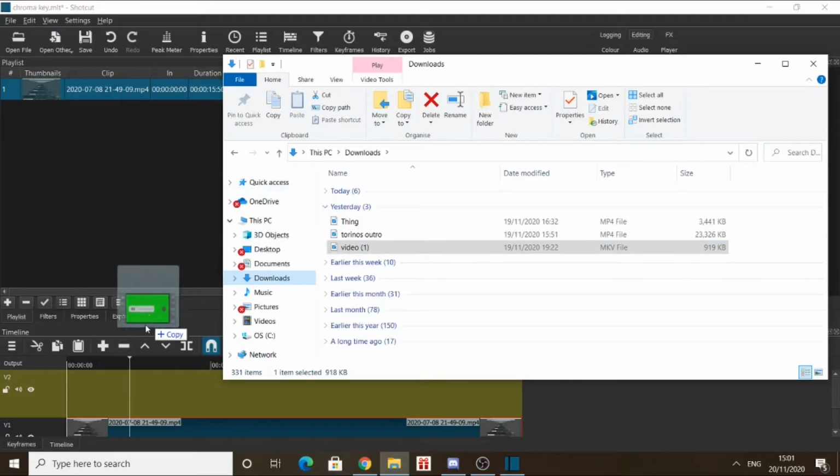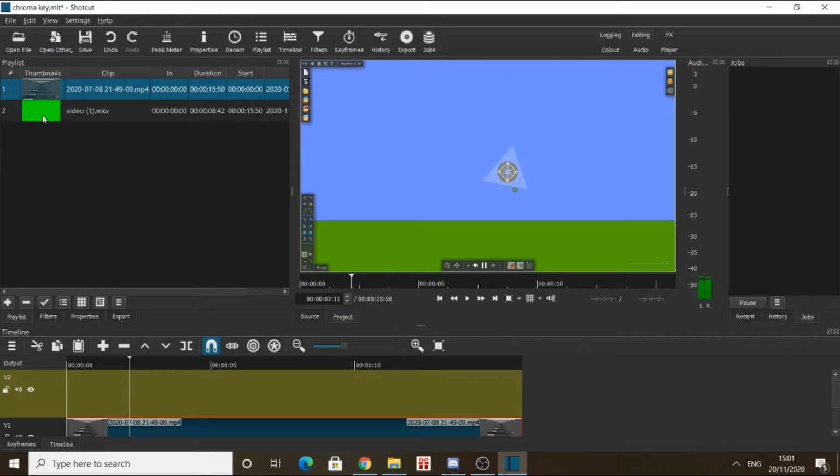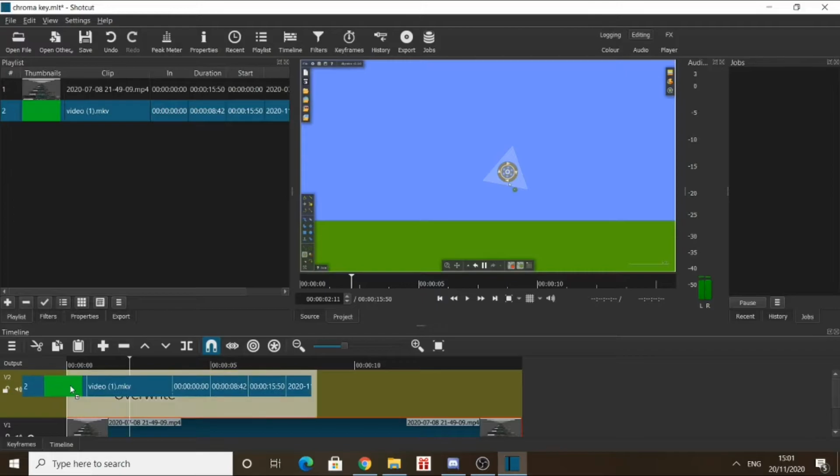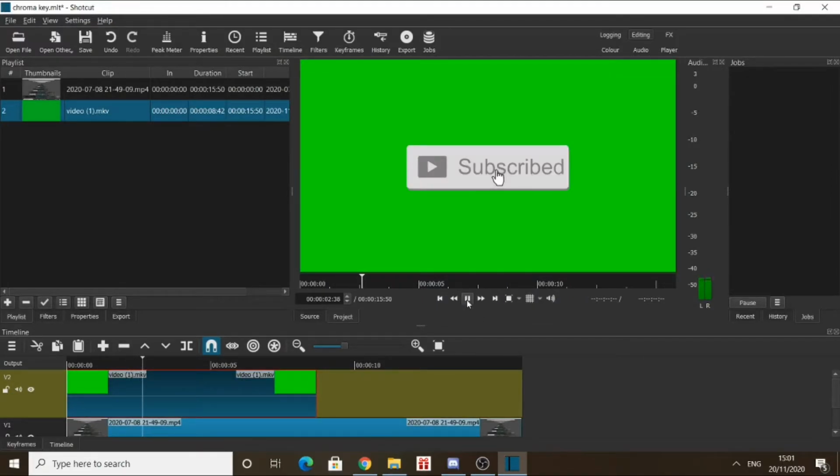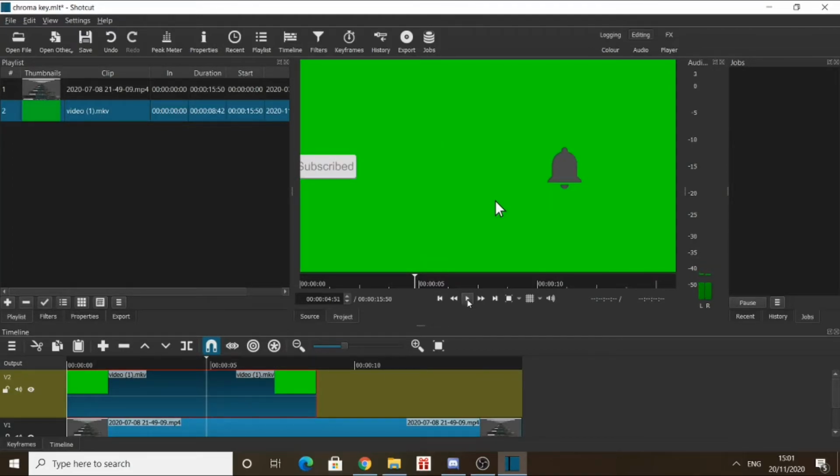Okay, drag and drop the Chroma key video in. Then get the Chroma key video, put it on the top layer. You see, when you watch it, all you see is the Chroma key video. So what you do next